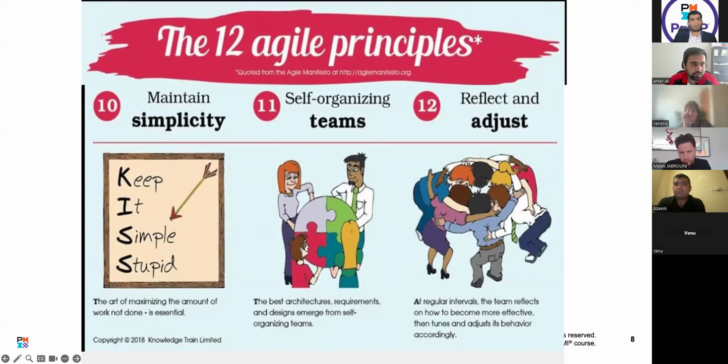Now, we discussed the 4 values of Agile and the 12 principles of Agile. Agile has multiple practices in it, like Scrum, Kanban, etc. But the most important one you will see in your exam is Scrum. Scrum is a methodology that is used all over the world, and it's simple to understand how things work. Scrum is just like a team, and the team is working that way. We will discuss Scrum.